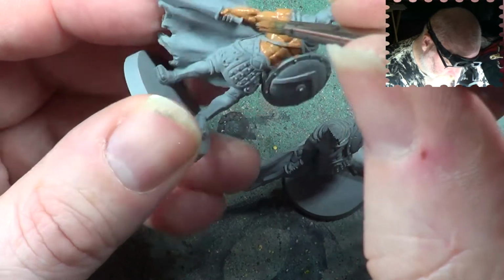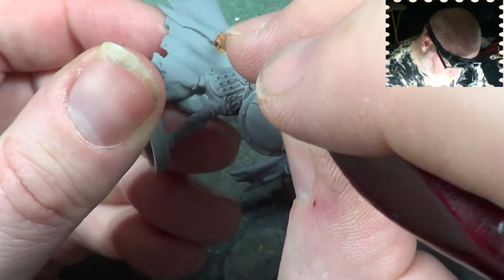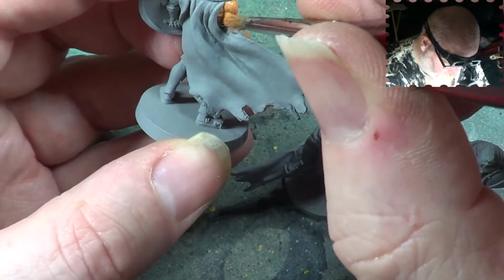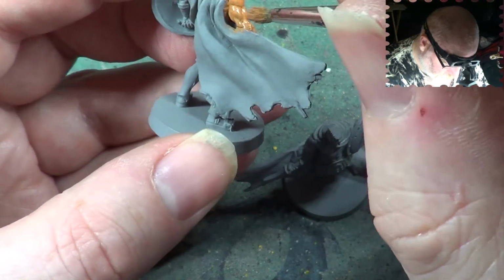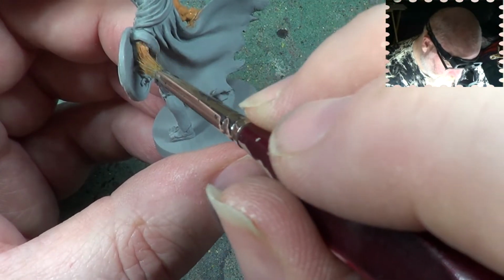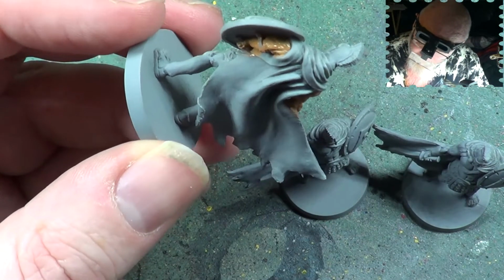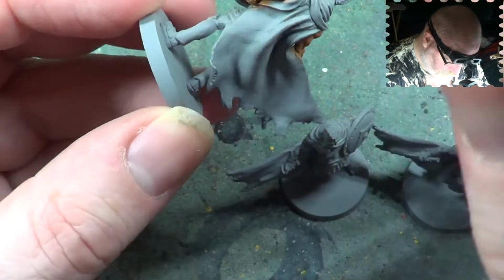So we'll cover up all the flesh tone. At this stage I'm not too worried about going over areas that aren't flesh, because I will be going over them later on with a different colour. So it's not too important that I'm careful now, but I'm trying to be as careful as I can because I don't want to be putting paint everywhere. I want to make sure that where I'm putting paint is where I want it. There we go, and then